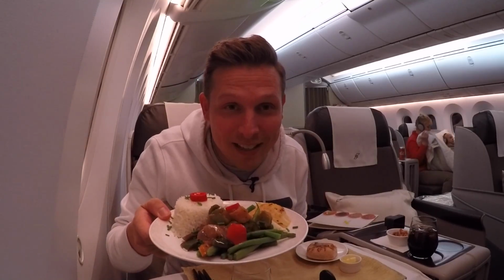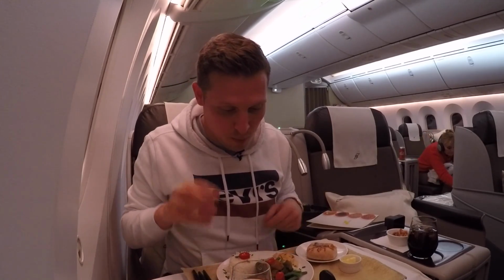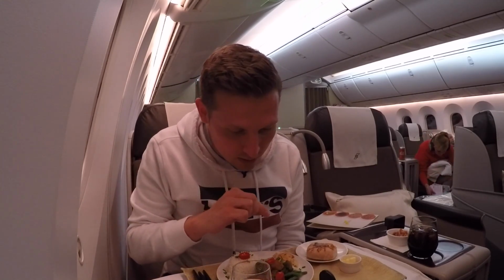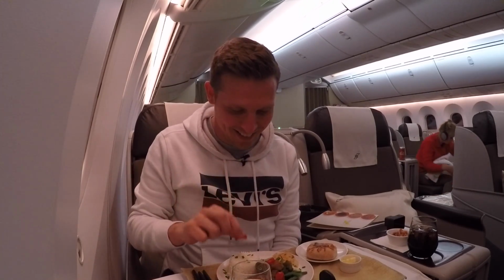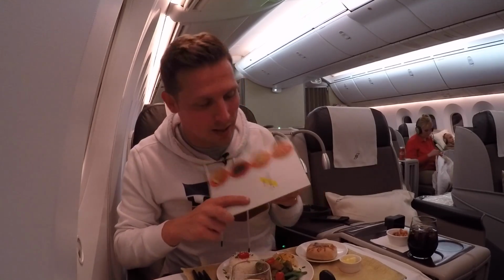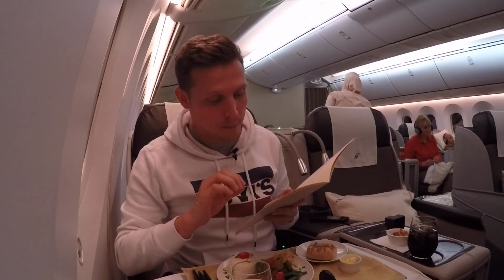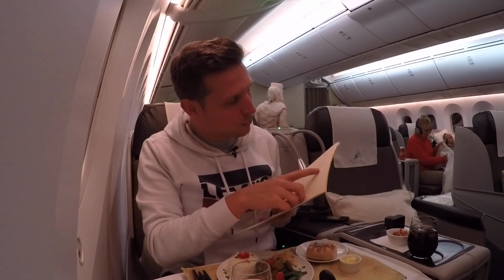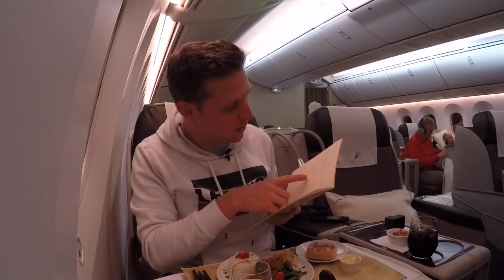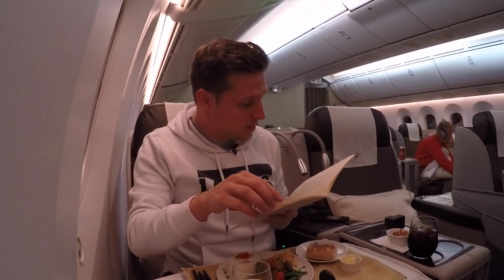As you can see, the main course just arrived. I decided to have the catch of the day with some basmati rice, and then there are also some green beans and some more vegetables, and it's going to be spicy. But we actually had quite some choices on the menu. For the starter, I had the smoked salmon, which was great, fresh and delicious. And for the main course, you could either go for the beef, the chicken breast, the fish, or the local option. And then later for the desserts, you have a cheese platter, ice cream, pudding, sliced fruits, chocolate, tea and